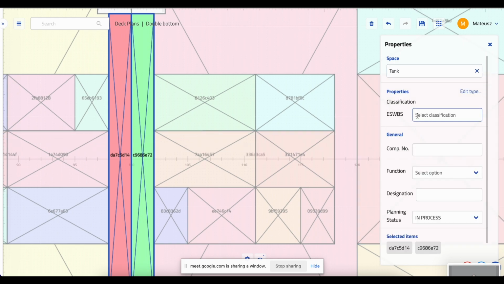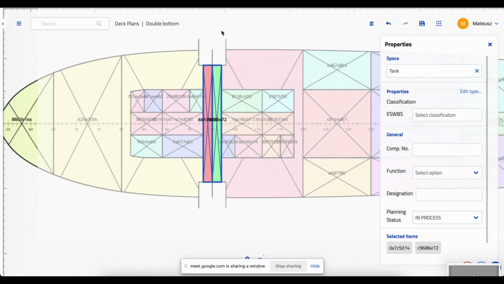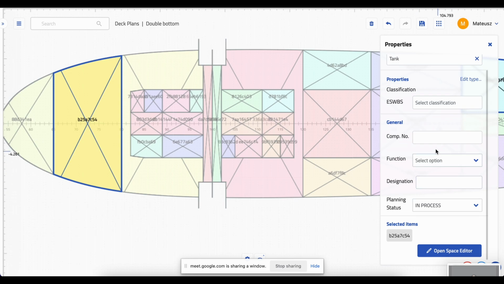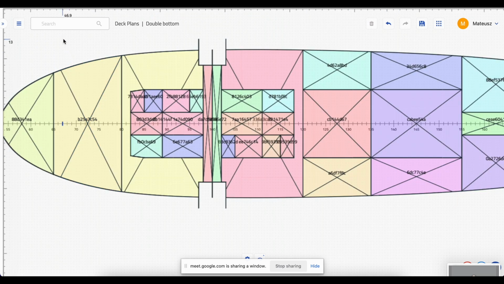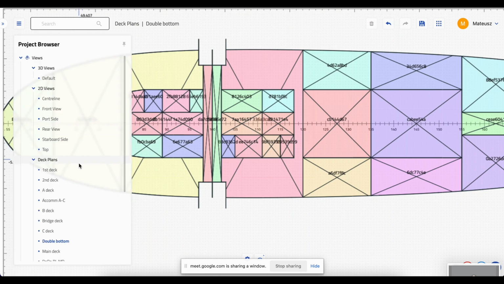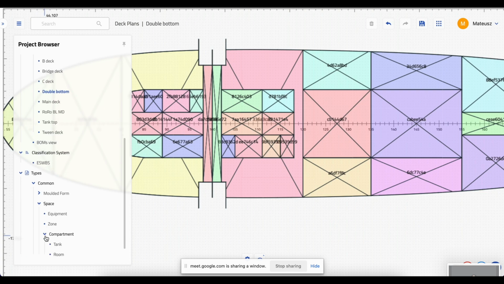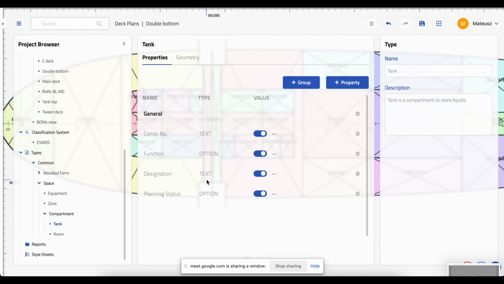Of course, we could make a specific type of a tank, which would be a crossover tank in this case, and assign a different set of properties to that. But in this case, let's keep it simple and keep it as a tank. Okay, we have a certain set of properties, but this is no different than the compartment type. So we'd like to have some custom properties probably here, and that's what we will do now. So we go to the type editor again. We select our previously created tank type,